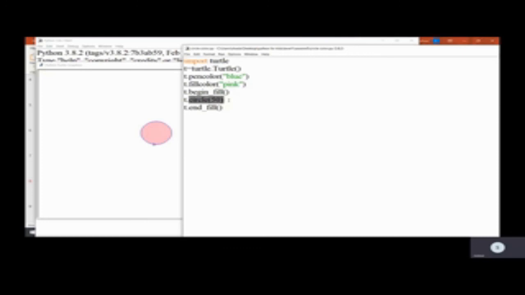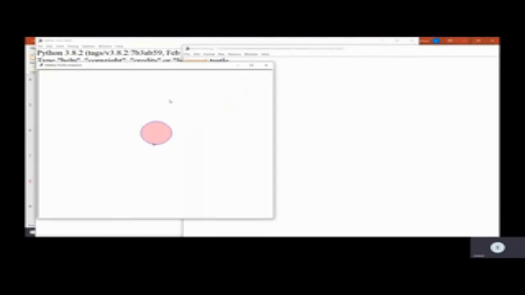In the same way, Python also understands that the number within this circle method is the radius of the circle. Once you give that, beginning the fill will end with an end fill. That is what I did at the last, end_fill. This is going to first draw my circle and then fill it.